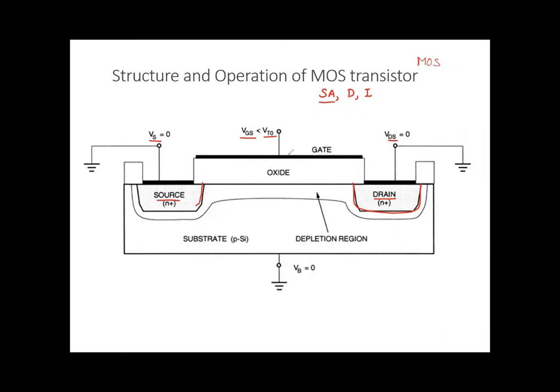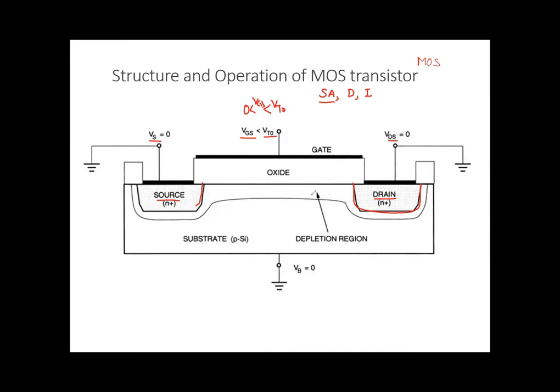Now what is going to happen when the potential on the gate is less than the threshold voltage? Then accumulation mode is there. But if VGS is between 0 and VT naught, then it is in depletion mode. Here you can see the depletion region is there and it is symmetrical. There is no non-uniformity. This is N plus, this is N plus, this is the P-type substrate, and this is the depletion region, and we don't have any carrier inside this.